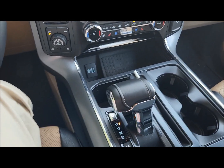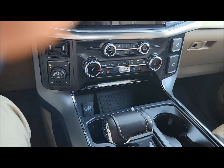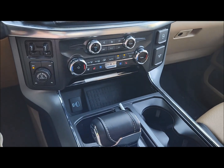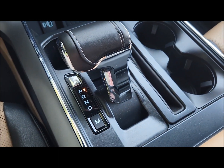I just don't know why they think that they have to move the gear shift. Like all the old cars, none of them move their gear shift. If you open the door and got out while it was in gear, then that's kind of on you. But they're real big on safety, so it does move the gear shift by itself. So anyway,